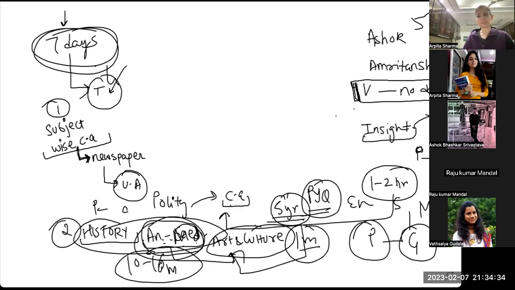मैम। हाँ बोलो। मैम, वो एक महीना पूरा आर्ट एंड कल्चर में नहीं, उसे 3 या 4 स्लॉट्स हैं, तो उसमें जो 2 घंटे का स्लॉट होता है, उसमें मैं आर्ट एंड कल्चर देना